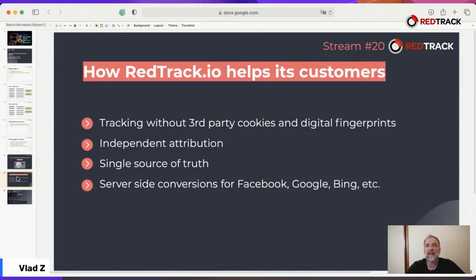And of course, whenever possible, and I hope Google will fix those parts about iOS 14 traffic soon, you will also be able to send all those conversions back to Google, Facebook, Bing, other traffic sources, and use their machine learning for automation and optimization, still having very accurate data about all your channel performance. And this is it for today.